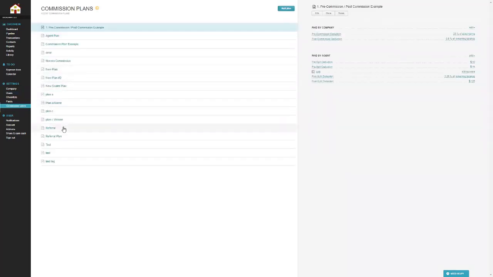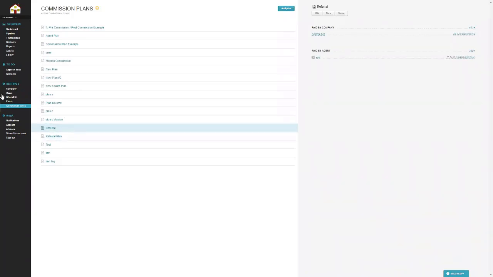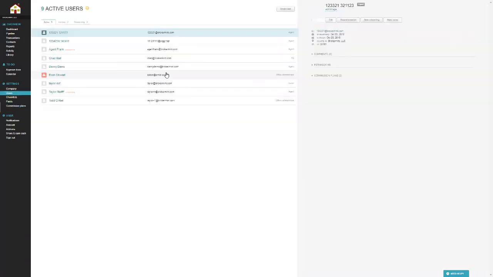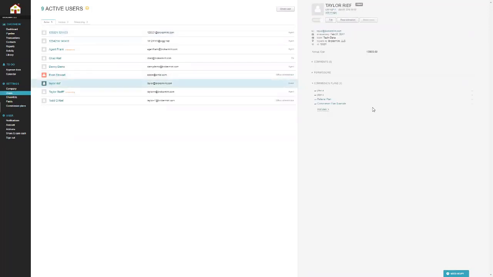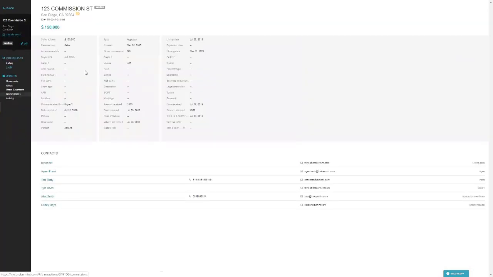I just realized I had two similar plans here, so let me make sure I gave him the right one. I gave him the wrong one here. So let me demonstrate how easy it is to change that. We add on referral. So now when we go into a transaction and we apply this plan,